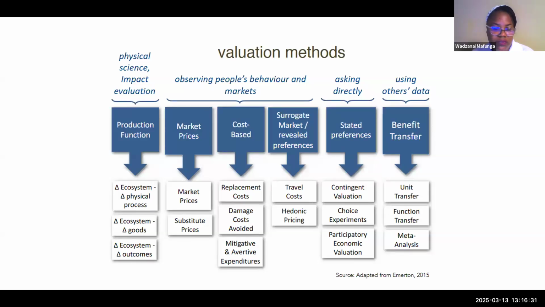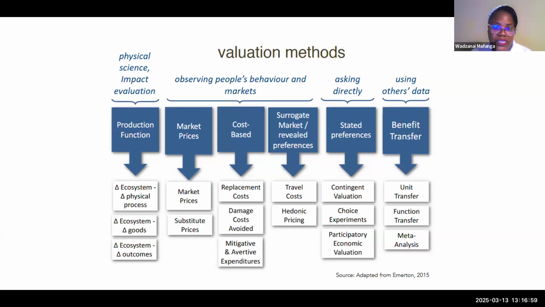So if tourists visit a forest for hiking, bird watching, we can use their travel expenses to estimate the recreational value of that woodland. And with hedonic pricing, it's measuring how proximity to an environmental feature affects property prices. So houses near a protected forest or woodland may be more expensive, obviously due to cleaner air, scenic beauty, and